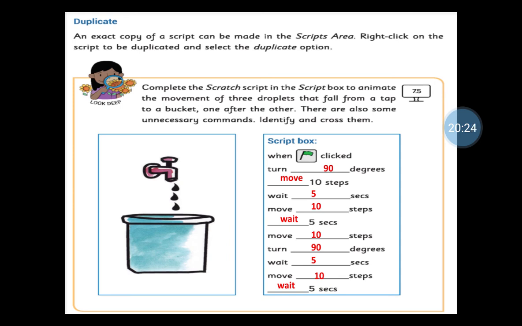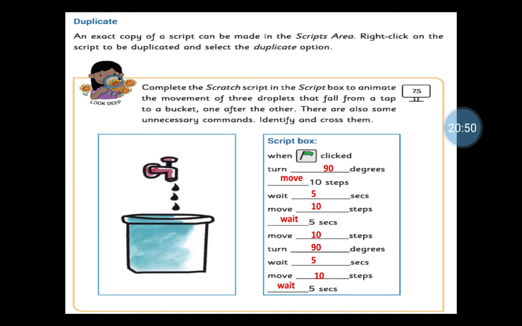Then that same script will be copied. That is called duplicate.